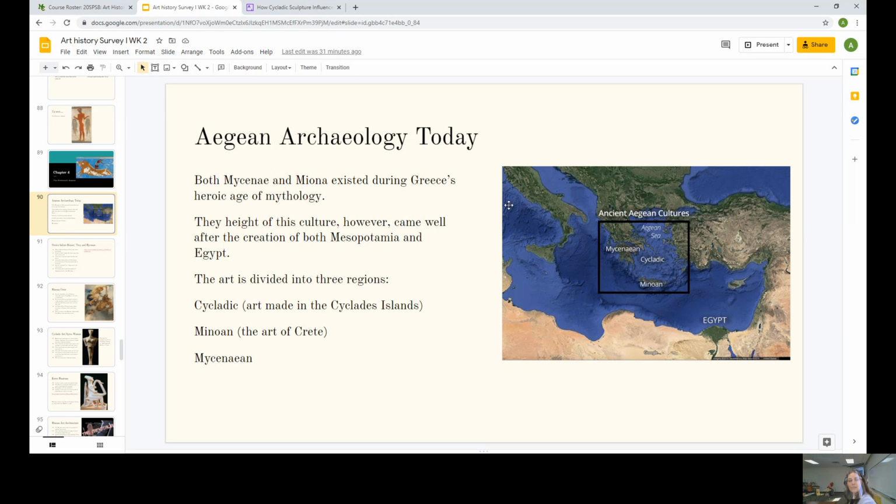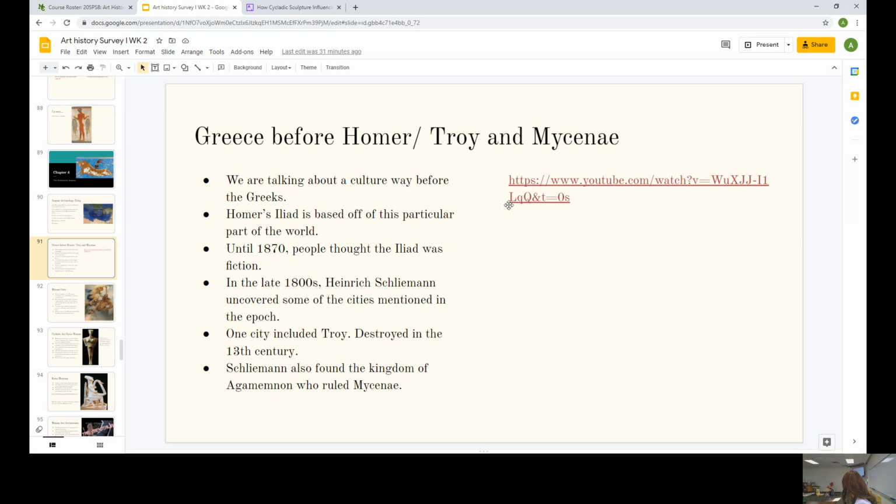In that top note there, we're going to talk about a little more in a second. Both the Mycenaean and Minoan culture existed during what's known as Greece's heroic age. That's where most of the mythology from ancient Greece comes from, is these people. For a long time, people thought these areas were made up. They pop up in the story of the Iliad,